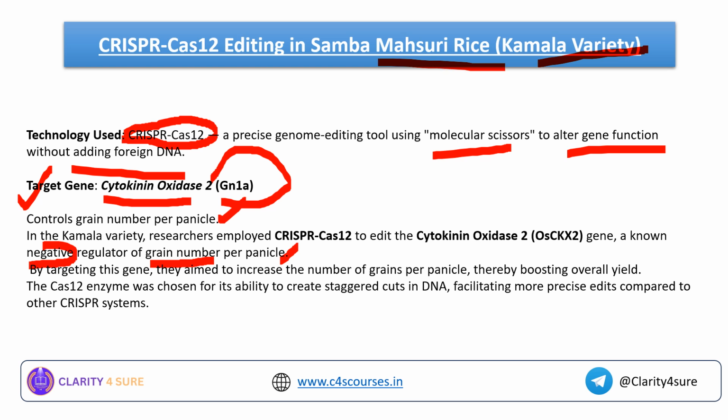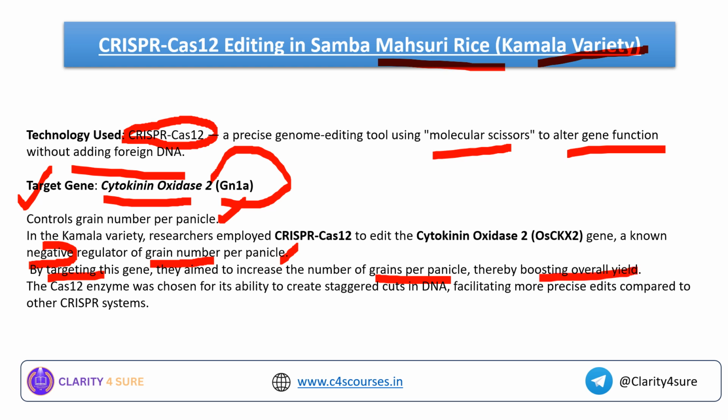So what did scientists do? They used this CRISPR-Cas12 protein with a guide RNA, and this guide RNA took this particular CRISPR-Cas12 protein to that specific site of DNA where the cytokinin oxidase is present, and that enzyme has been cut off. And the DNA has been allowed to repair naturally without any intervention. If there is no intervention, then it is known as the SDN1. Okay. Here, by targeting this particular gene, the scientists aim to increase the number of grains per panicle, thereby boosting